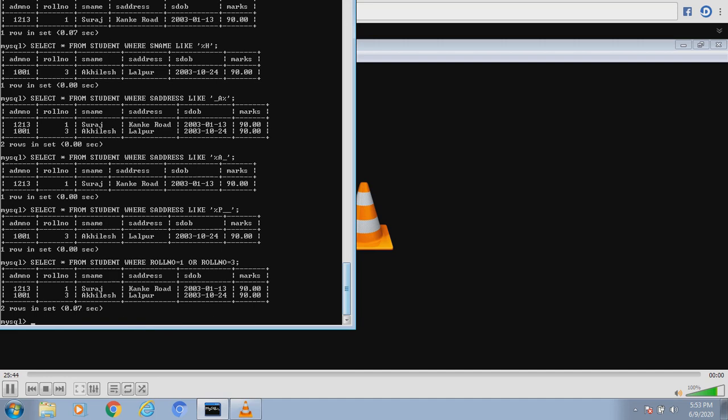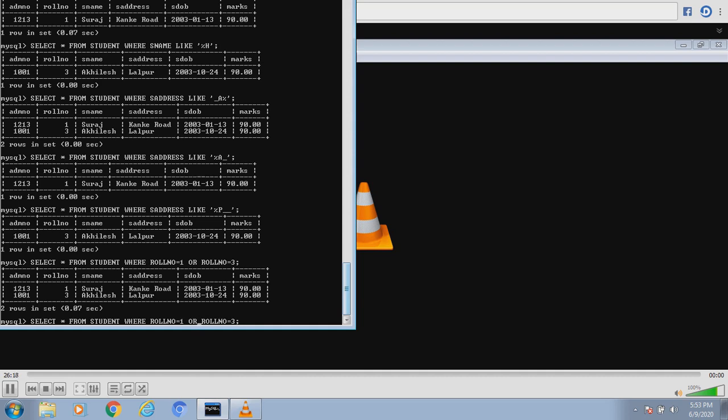Students, let us understand here. Could we give here AND instead of OR and then expect the same result? No. Why? When we give AND, it means for the same given tuple, say for Suraj only, roll number should be 1 as well as roll number there only for Suraj should be 3. Is it possible? Suraj would have only one roll number, so he would have either 1 or 3, so AND would not work there. We'll have to use an OR, and we used it. You have seen in the earlier example.